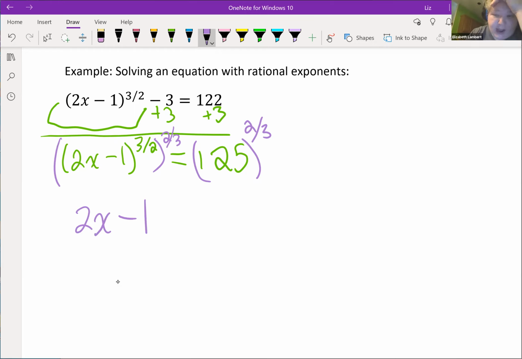So now we just have to figure out, how do I type 125 to the 2/3? One of the ways is to try 125 to the 2/3. And on the newer calculators, that should work fine. If you want to be extra sure, you can put parentheses around the 125, doesn't hurt. Some calculators, though, kind of flip out when this fraction isn't a unit fraction, meaning the number on top isn't a 1. So if you do this and your calculator is like, I don't know what to do,